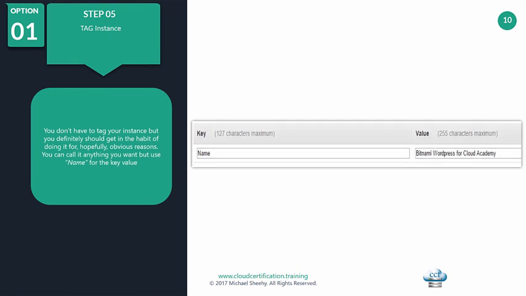Step 5, it's not really a mandatory step, you don't have to tag your instance, but you definitely should get in the habit of doing it, hopefully for obvious reasons. So you can call it anything you want, but use Name for the key value. So just write Name in the key value and give it a value of whatever you want to call it. My first WordPress site. Doesn't really matter, but